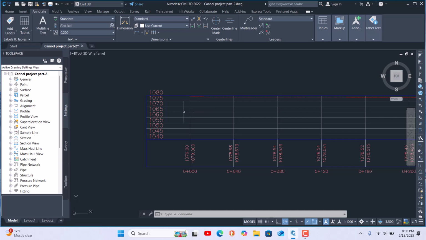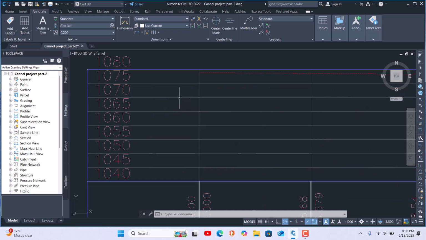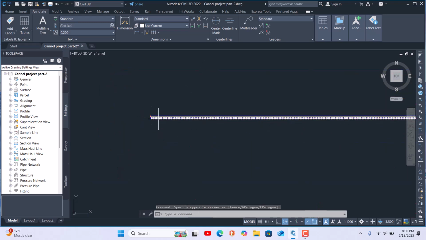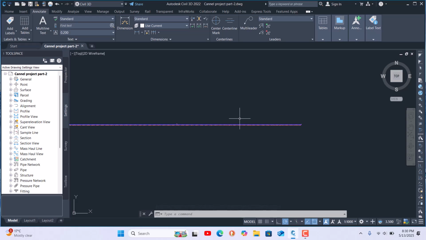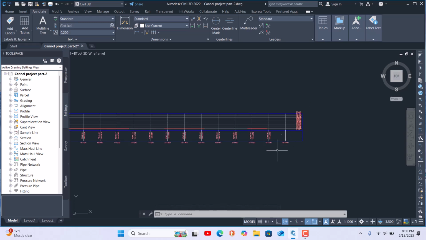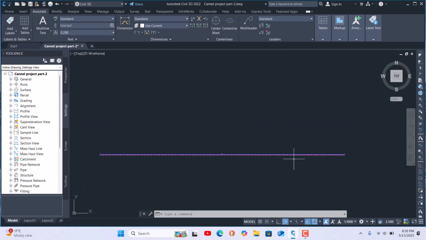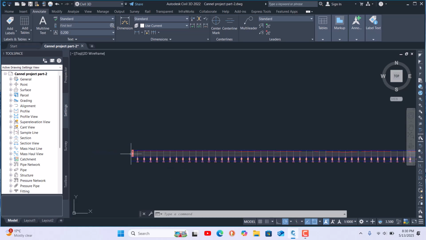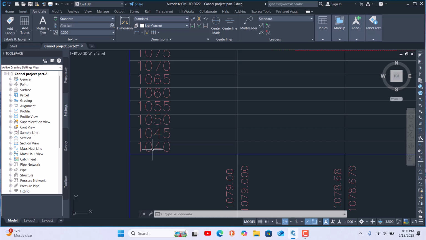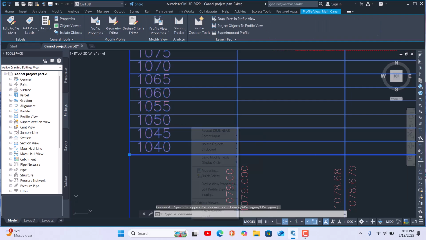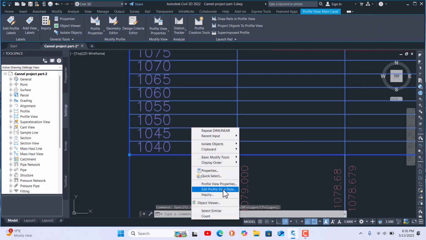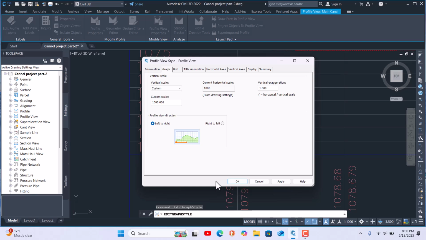And now just click once here. One thing I want to show, because there is no space here. This side is no problem, but if we go to the end side, then it's touching here. So we want to increase the downside of the graph so it will look visibly good. This is 40, we make it 30. So how? Just click once here and go to the same place, edit profile view style, then come to here.